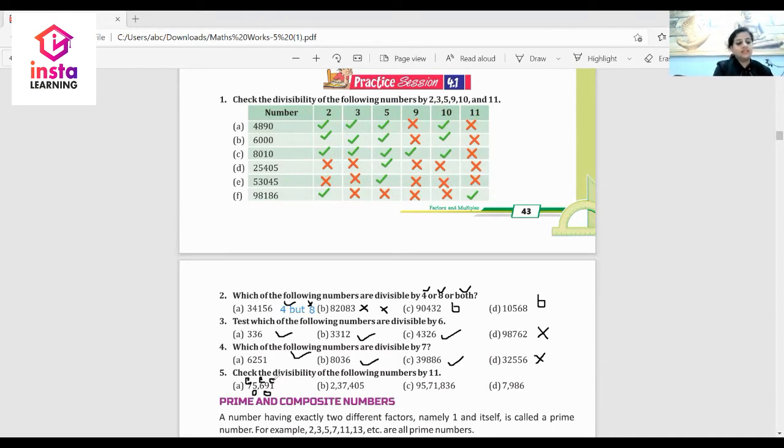So this number, 75691: 7 plus 6 is 13, 13 plus 1 is 14. And if we check, 9 plus 5 is also 14, so 14 minus 14 is 0. It is divisible. Likewise, we will do the others, but this will not be divisible by 11. This will not be divisible by 11, and this is also not divisible by 11. Likewise, we have completed our